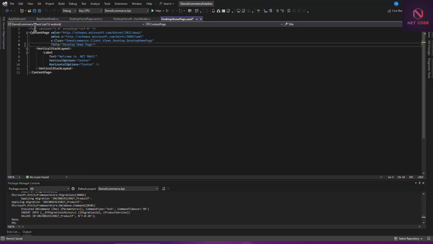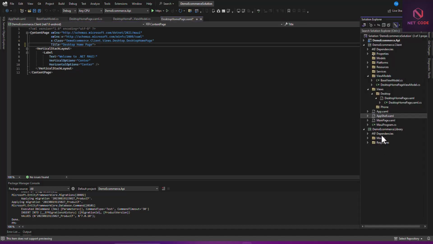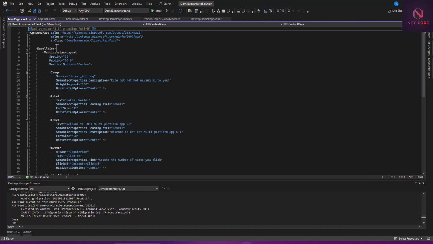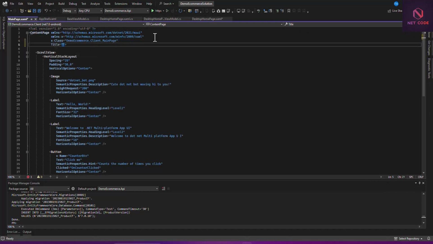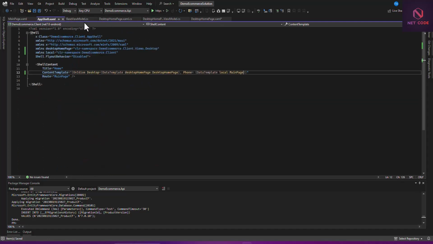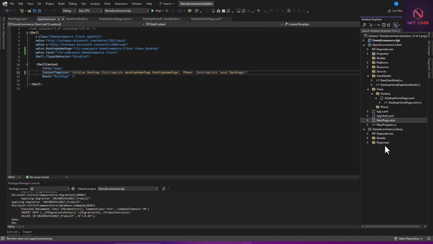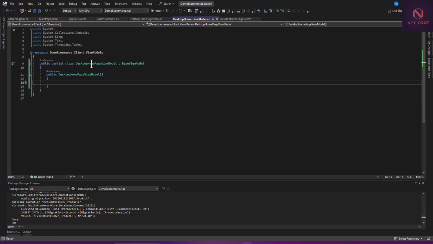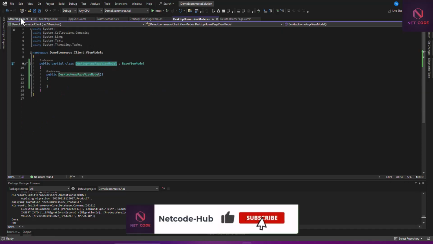And now let's go back to this main page. Now let's say this is client. So let's see here we have title. Now let's say this is client home page. So let's save this. And let's register the view model and its view in the Maui program.cs file. So here we can go in there and then grab this. And now here let's specify